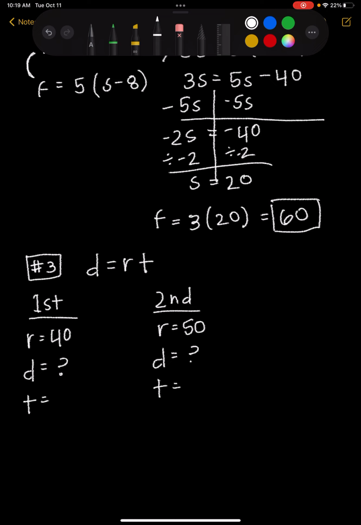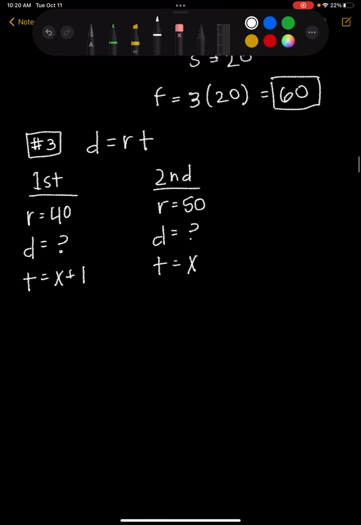we know the first bus had, let me think, the second bus had X hours, and then the first bus had X plus 1 hours. The reason why it's X plus 1 hours is because it had an extra hour. Like the second bus didn't leave until 1 hour later. So I know this is confusing right now, but I'm going to just plug all of that into this distance